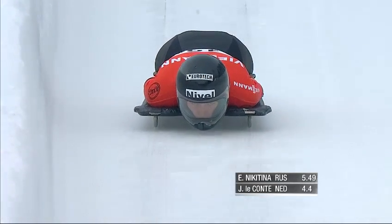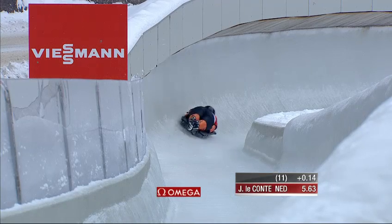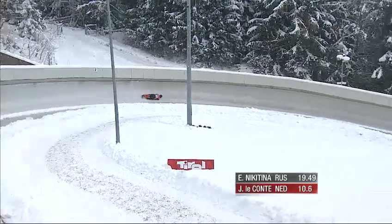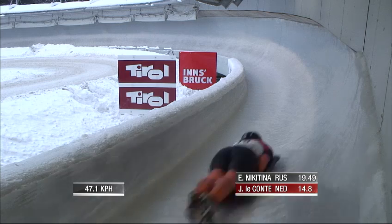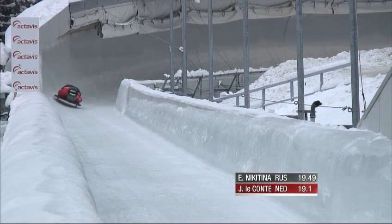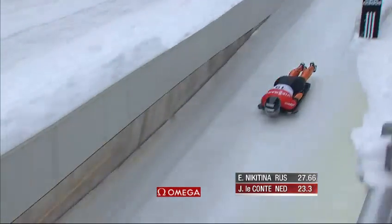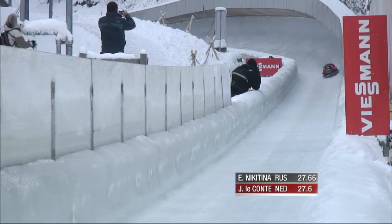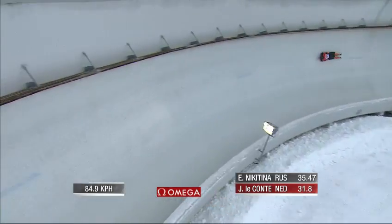Starting in the 19th position today, she's going to see if she can move up in those rankings. Definitely looking to get a second run here and improve on last year's performance of 15. So at the bottom of the pile at the moment, Marion Thies of Germany in 18th spot, and it's entirely conceivable that she might not get a second run. And quite conceivable she could drop out of that World Cup leading standing because she's looking for a 14th today. Yes, she is. So there we were confidently saying it shouldn't be too hard for her to do, and yet...